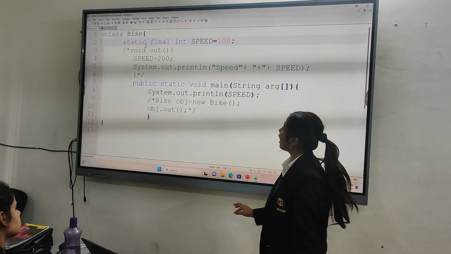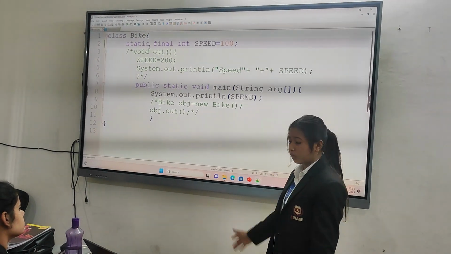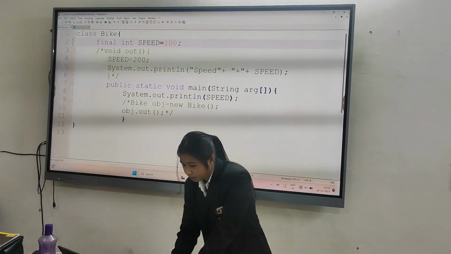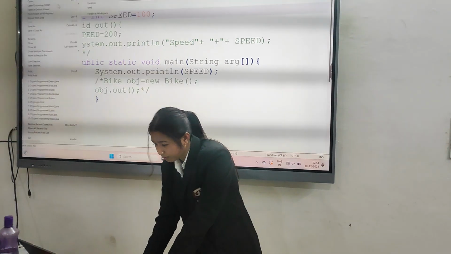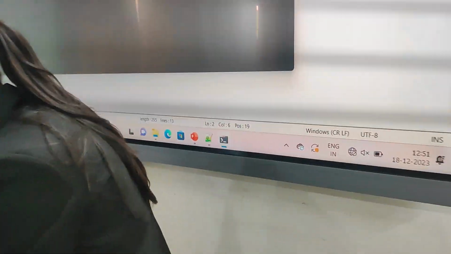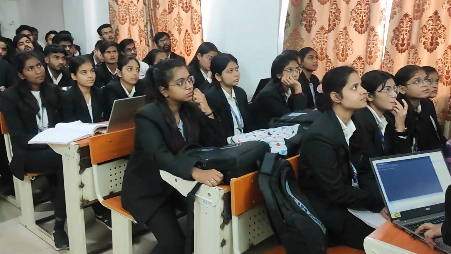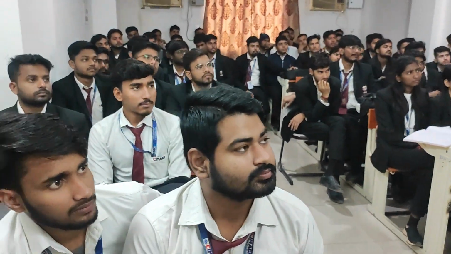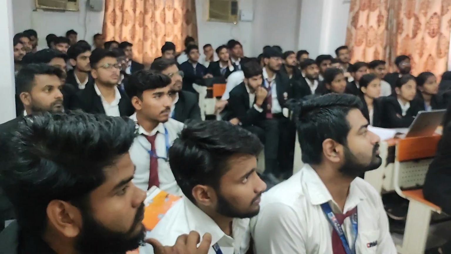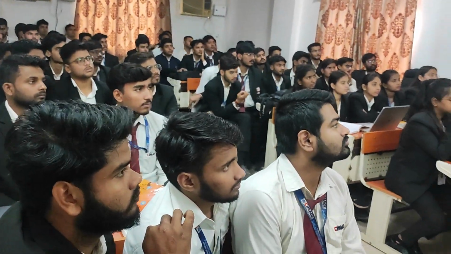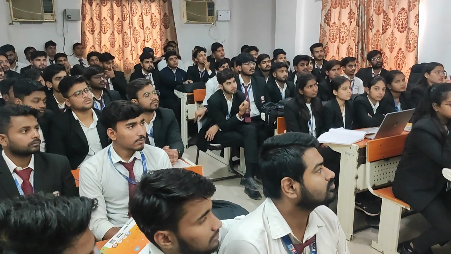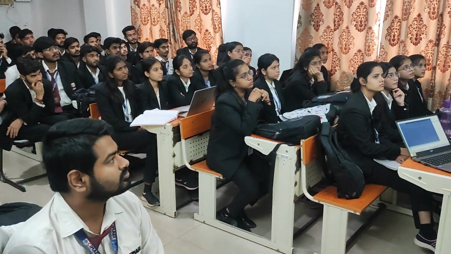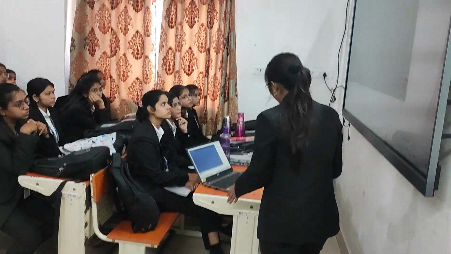First I just remove the static keyword, then we see what the output is. You see that it is not a static variable, so a static method can't access a non-static variable. So we have to make the variable static to access it by the variable name.